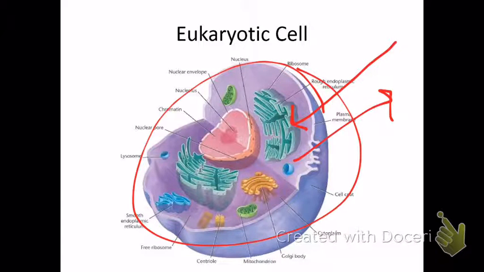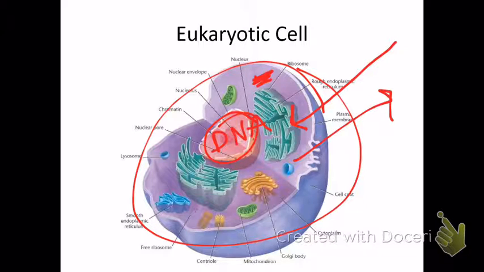Okay, the nucleus is in the middle. You would definitely want to know all the parts of this on the test. This part is matching, so you want to know like the cell membrane and what it does. It allows the passage of materials in and out, made up of phospholipids and proteins. So this part of the test is matching, so make sure you know it. Okay, the nucleus, that's where the DNA is. Right? The DNA and RNA are right there in the center, or the genetic information. Okay, all this other light purple out here, that's all cytoplasm, semi-fluid component of the cell that contains all the